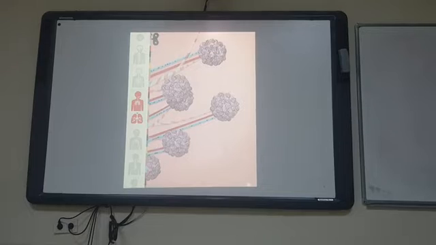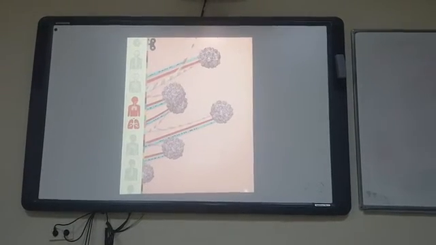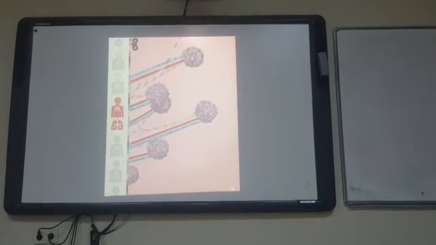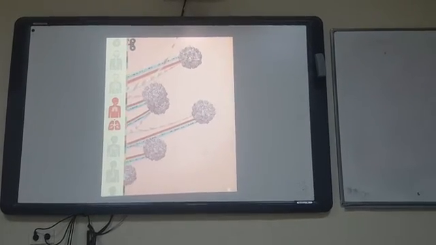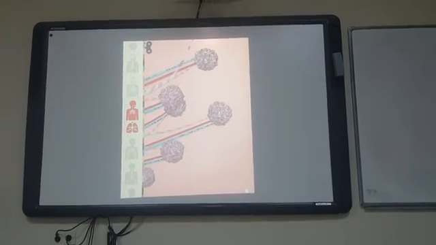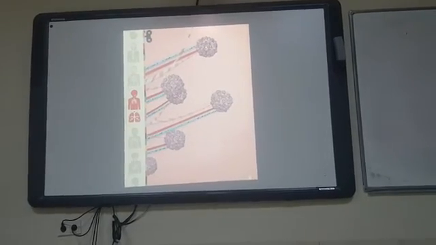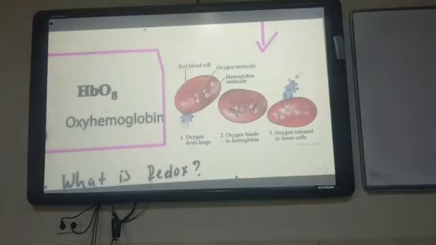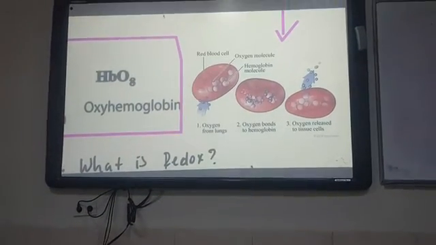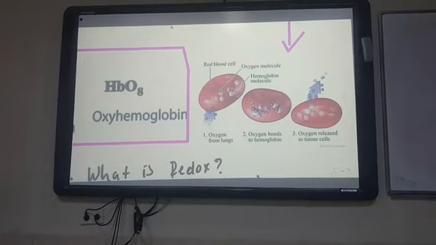The green blood vessel is a vein, and the red one is an artery. Inside the alveoli, oxygen and carbon dioxide are exchanged. Gas exchange occurs inside the alveoli. After the gas exchange,